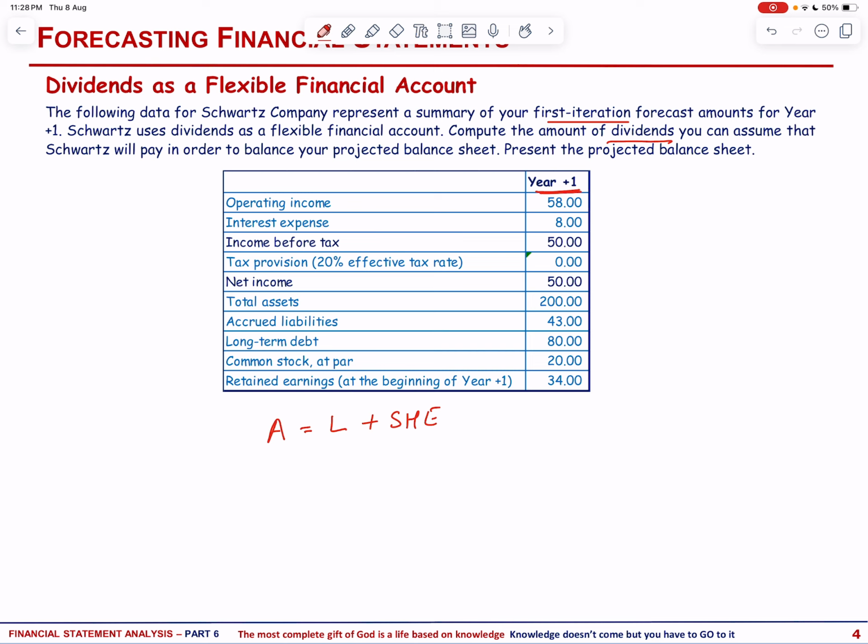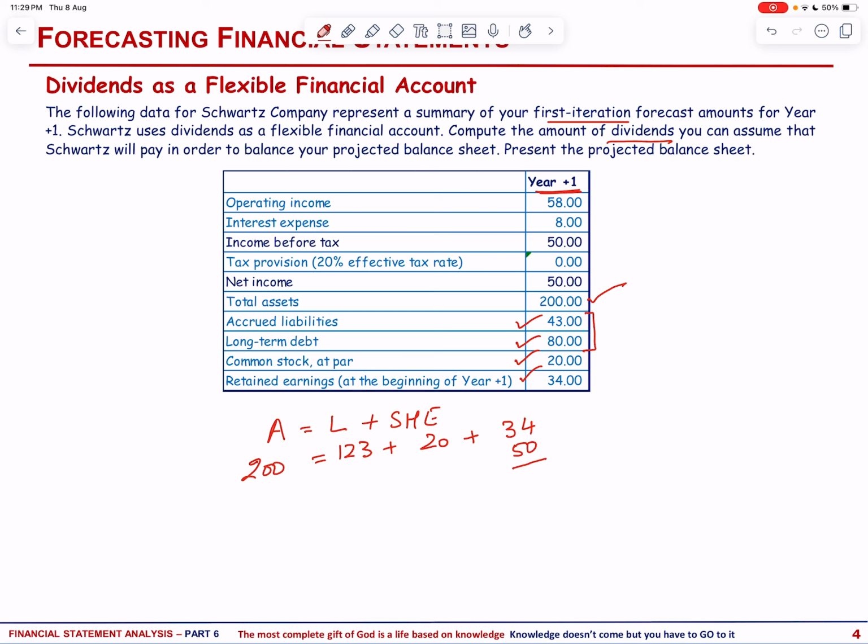Now for year number 1, the balance sheet amounts before plugging: we have total assets of 200. Then we have the accrued liabilities, long-term debt, common stock, and the beginning retained earning. If we place these values in the accounting equation, assets are equal to 200 and the liabilities are 43 plus 80, that is 123, and the common stock is 20, and we have the beginning retained earning of 34. To this we are going to add the net income, and obviously we do not know the ending